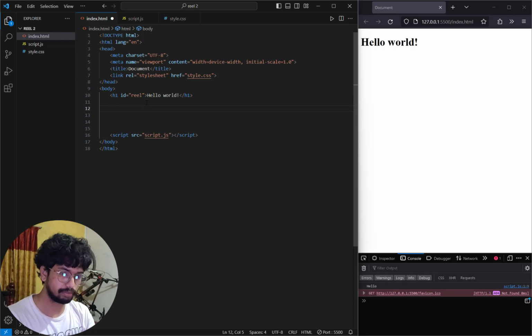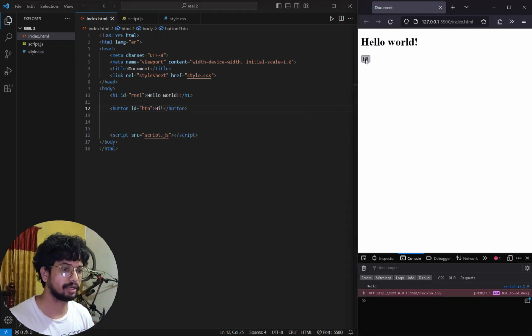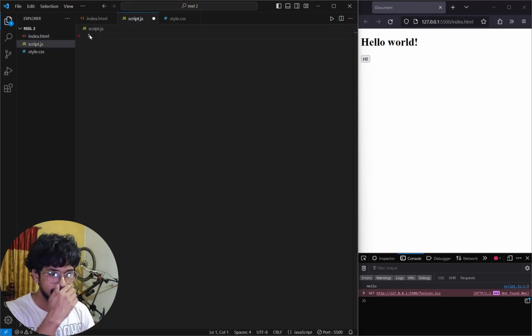So we're now going to make a button with an ID of button. Let's say hi, the button name. Very informative, but now the button is doing nothing, so let's make the button do something. So let's cut this. Now at first we're going to learn how many types of variable you can type in